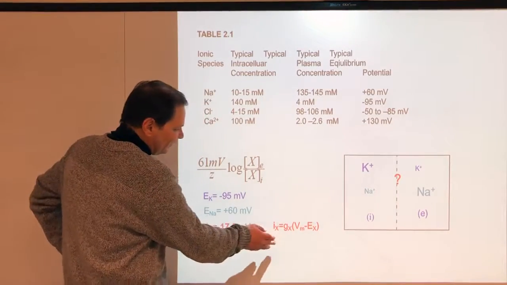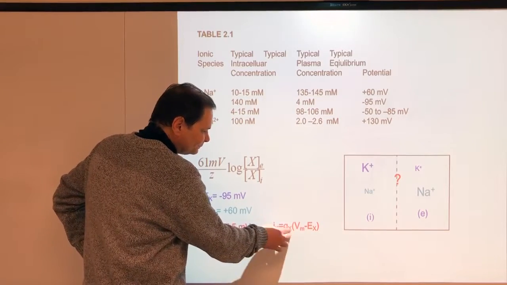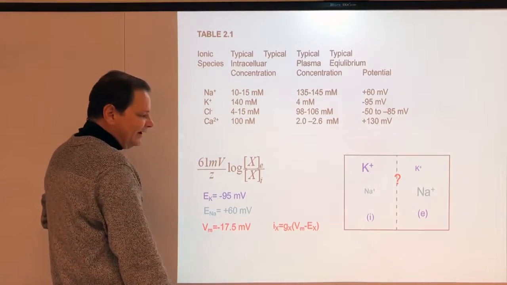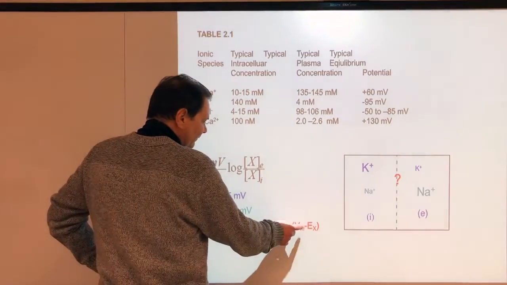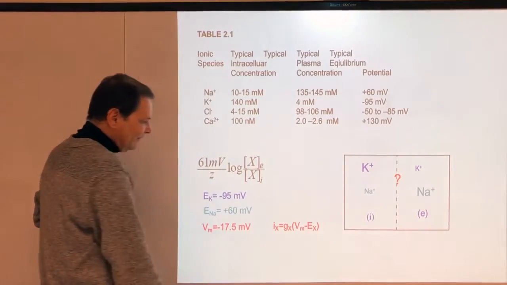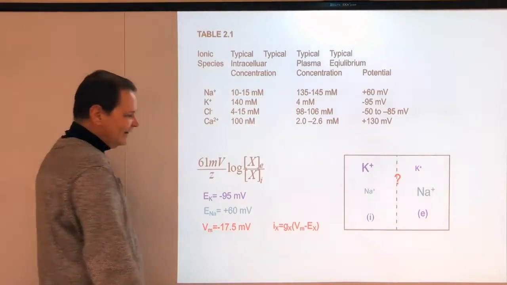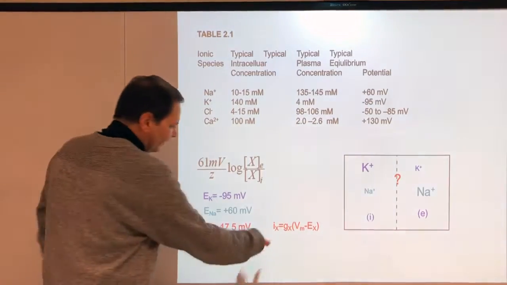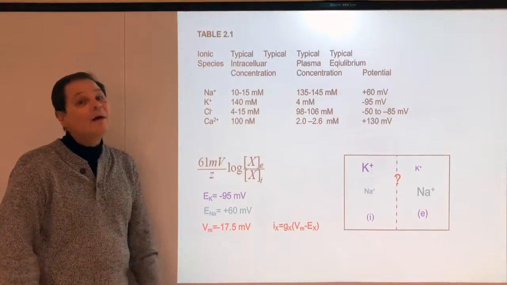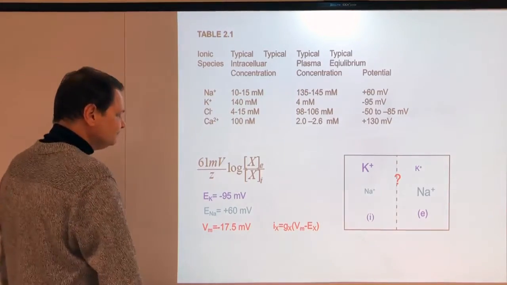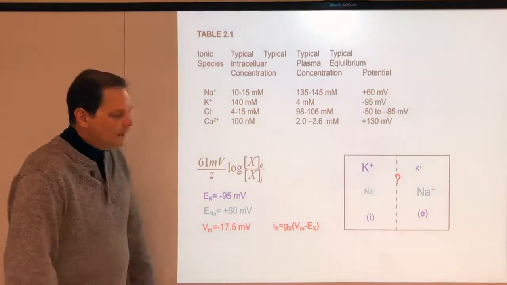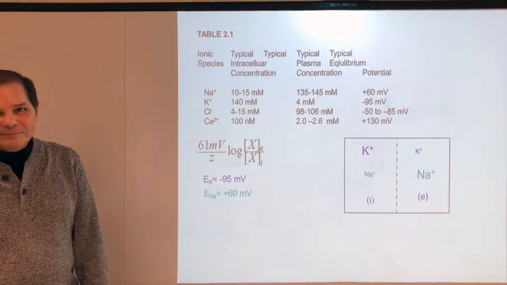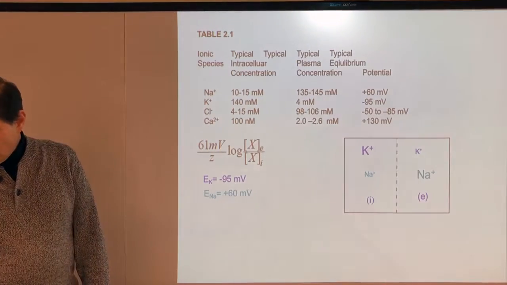At -17.5, if I have the same permeability, that means that Vm minus EK is equal and opposite to Vm minus ENa, because I'm halfway in between the two. And that means I have a sodium current that is equal and opposite to the potassium current, if I apply our old friend Ohm's law. Great. Simple, right? Go halfway in between. Well,